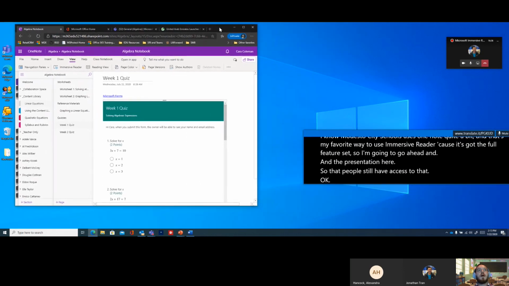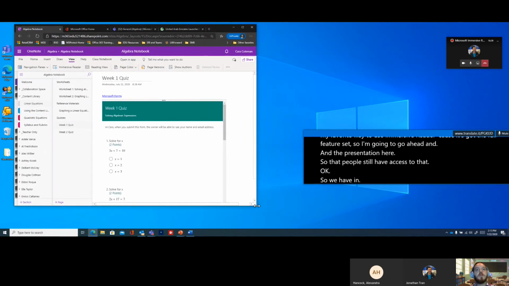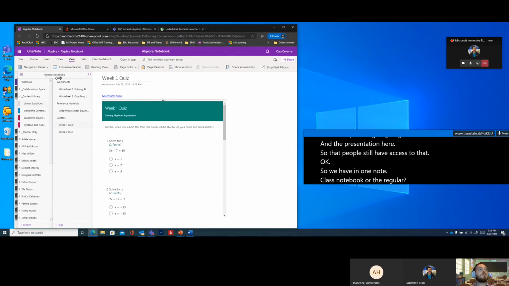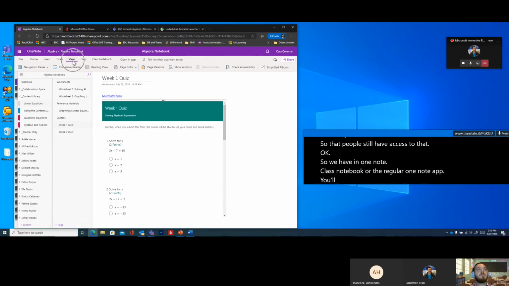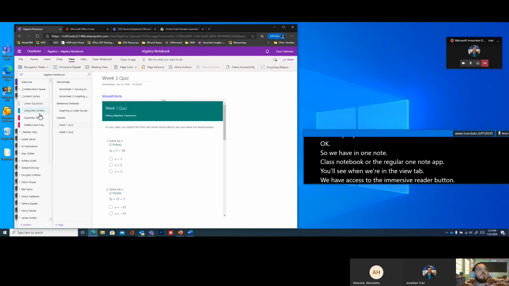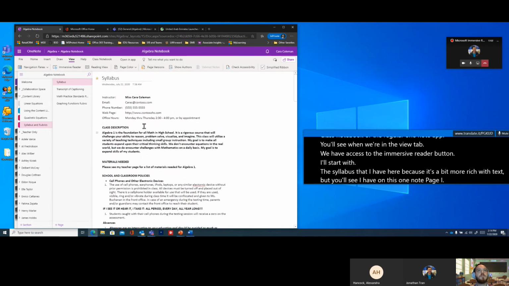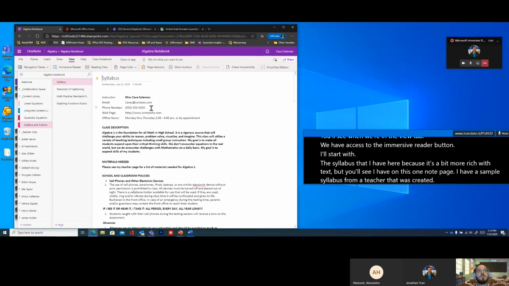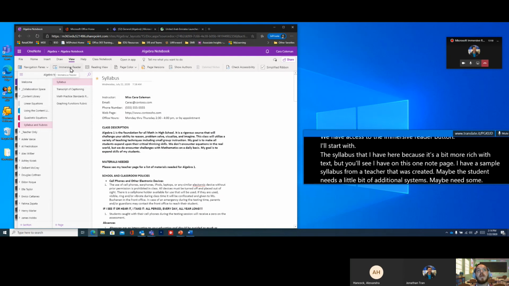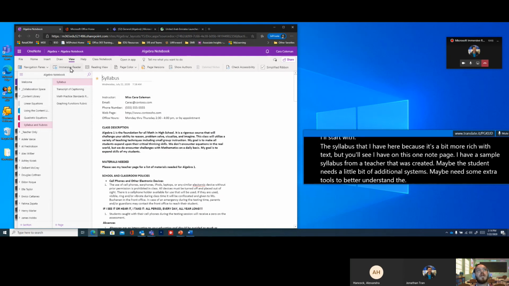So in OneNote Class Notebook or the regular OneNote app, you'll see when we're in the View tab, we have access to the Immersive Reader button. I'll start with the syllabus that I have here because it's a bit more rich with text, but you'll see on this OneNote page I have a sample syllabus from a teacher that was created. Maybe the student needs a little bit of additional assistance, maybe some extra tools to better understand the content that's included here. So if they go ahead and click Immersive Reader,